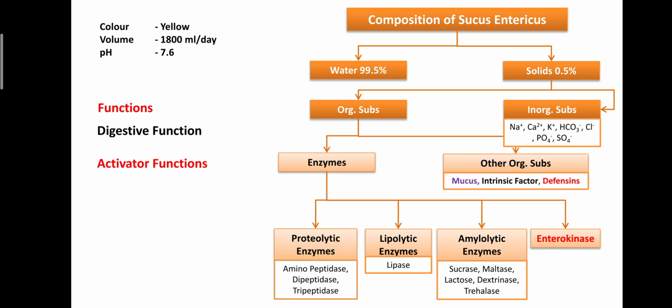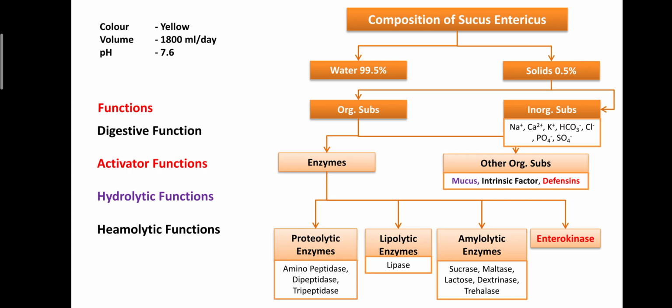Then other organic substances like mucus and intrinsic factor are also present in the succus entericus. Mucus is helpful to balance the water secretions in the small intestine, which is known as the hydrolytic function. Due to that, it can provide lubrication for the digestion of chyme in the small intestine. Then intrinsic factor is helpful for the absorption of vitamin B12 from the small intestine,